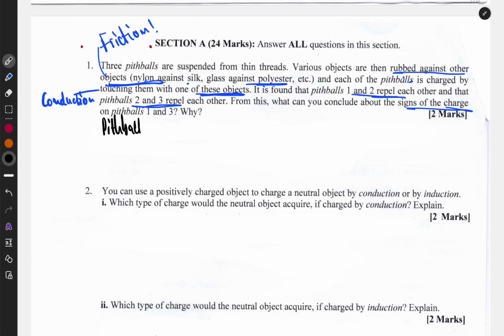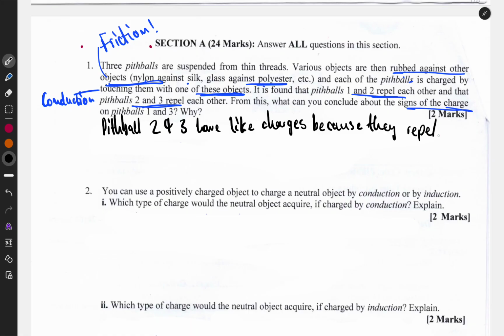and they said explain. You see, they said why. So you can say here pith ball 2 and 3 have like charges because they repel. Okay? You can now come and say pith ball 1, pith ball 2 also has the same charge